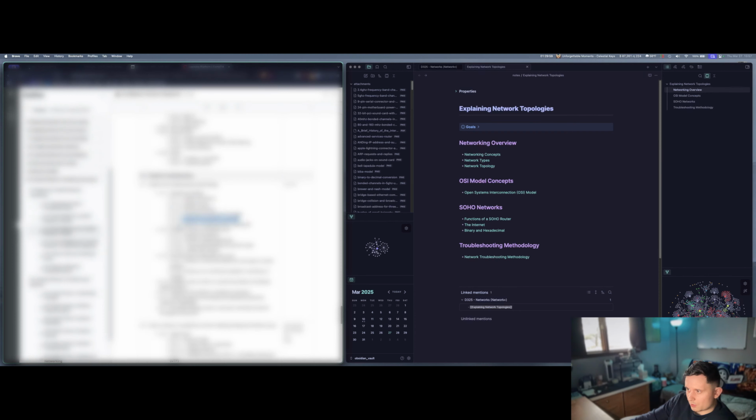anything has changed, duplicate the problem if possible, approach multiple problems individually. Establish a theory of probable cause: question the obvious, consider multiple approaches, top-to-bottom/bottom-to-top OSI model, divide and conquer. Test the theory to determine the cause. If the theory is confirmed, determine next steps and resolve the problem. If it's not confirmed, establish a new theory or establish